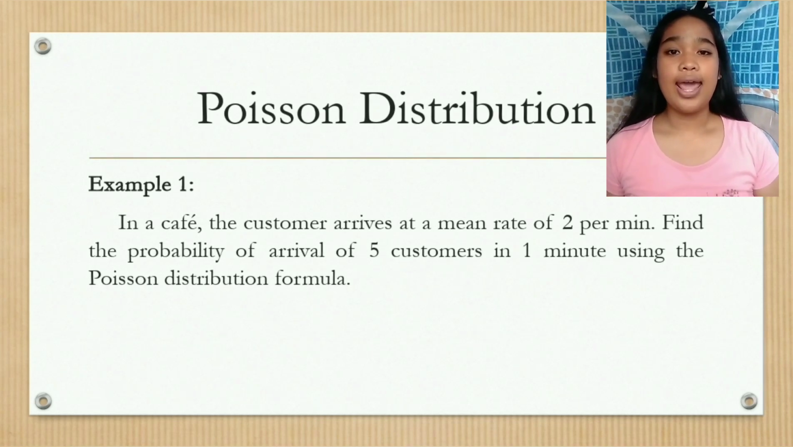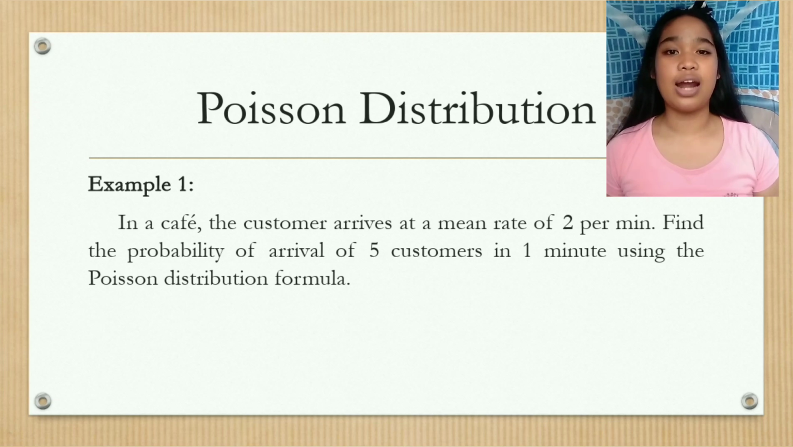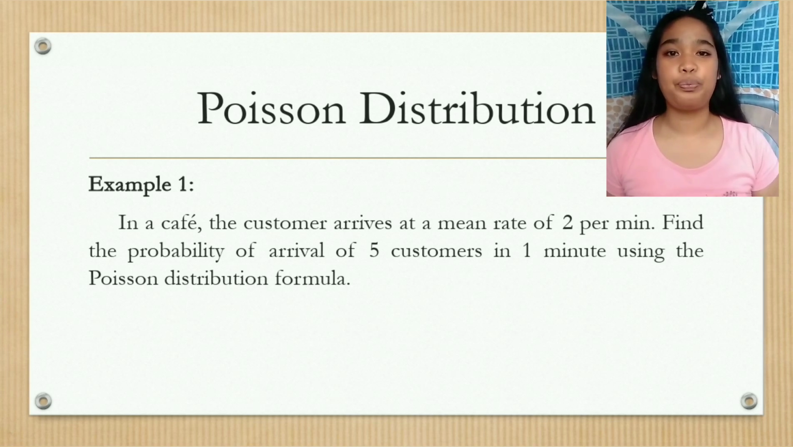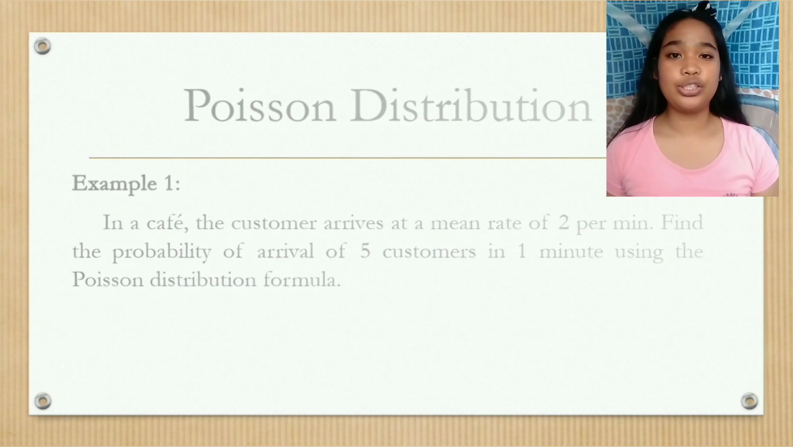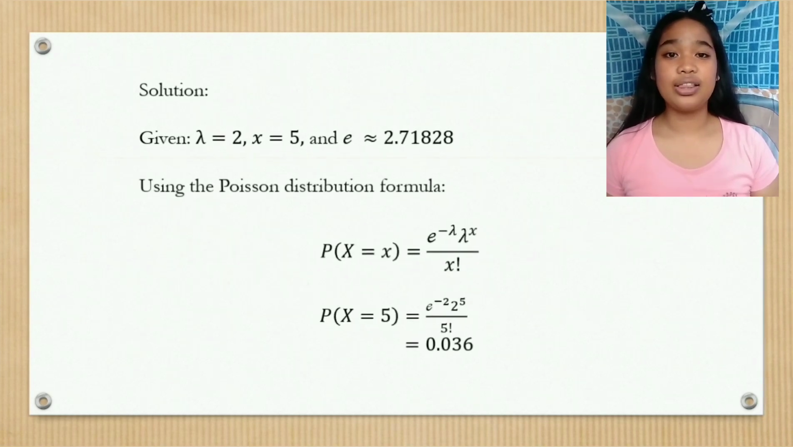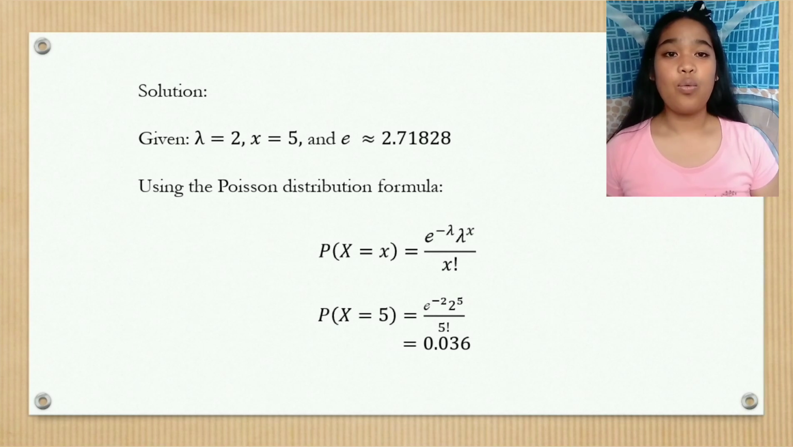Next is the example of Poisson distribution. Example 1. In a cafe, customers arrive at a mean rate of 2 per minute. Find the probability of arrival of 5 customers in 1 minute using the Poisson distribution formula. Solution. Given that lambda equals 2, which is the mean, and x equals 5. Using the Poisson distribution formula, probability of x equals